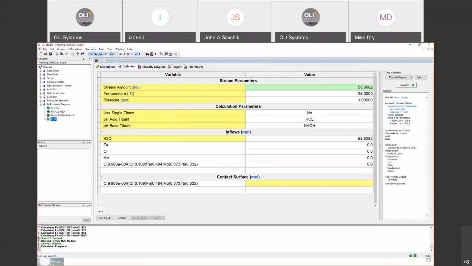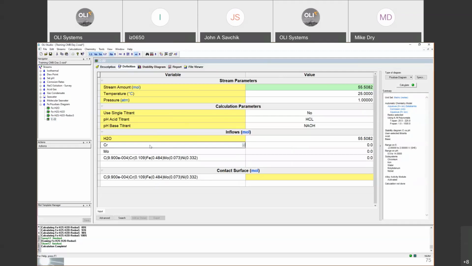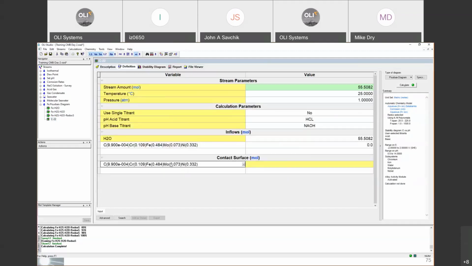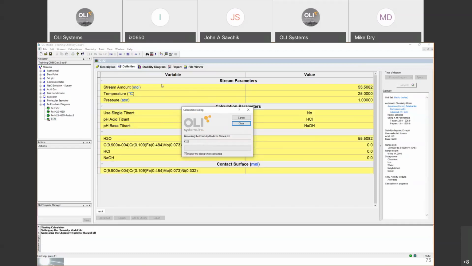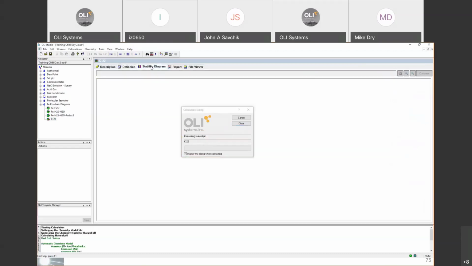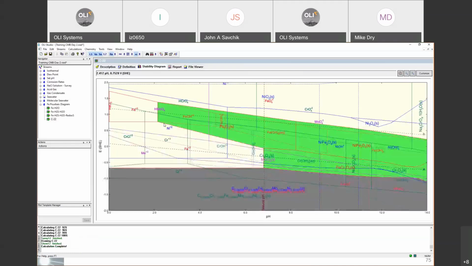We haven't changed the inflows. Okay. Probably this iron, chromium, molybdenum is because I entered those elements before. Let's delete them. By default, anytime that you enter something in the contact surface, it immediately goes to the inflows because it needs those compositions or those elements to do the calculations. Then you go ahead and calculate. And if you go to the stability diagram,